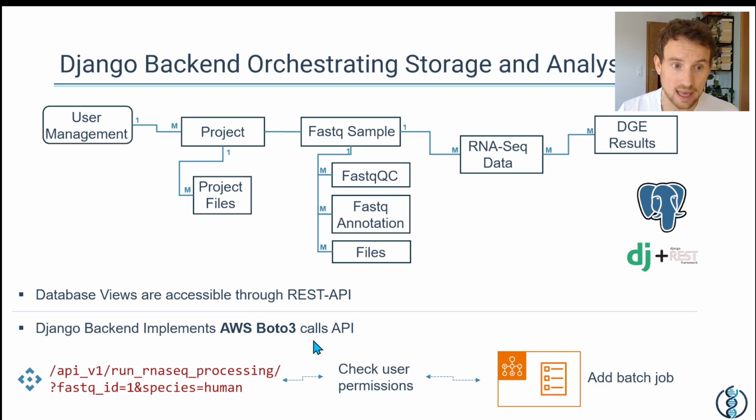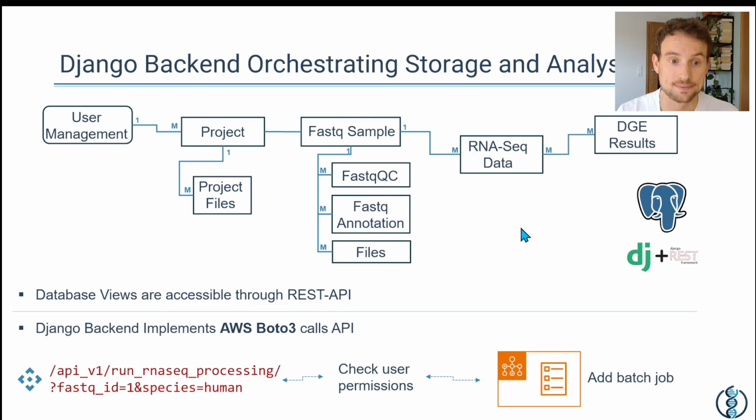URL. And this also allows us to use the same user management that we use for accessing individual views, also for accessing certain services by AWS. And this is why we implement this here in the backend. And we will have a look now at the user interface and how we can populate these